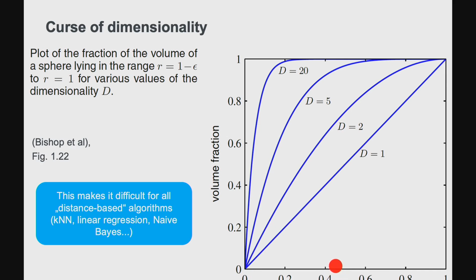You look here at certain distances, and you ask for how much volume is in this distance. So you basically look for what percentage of objects do I find at this distance, and this in a cumulative